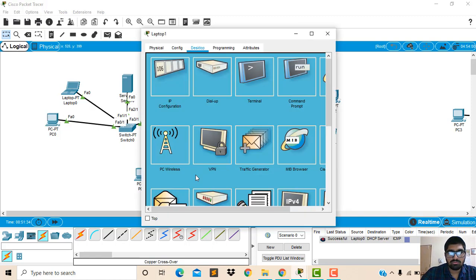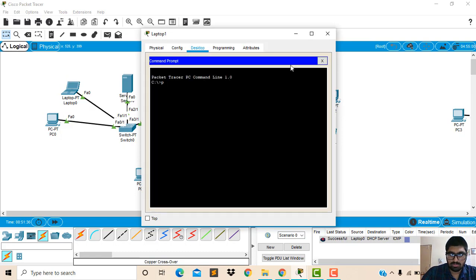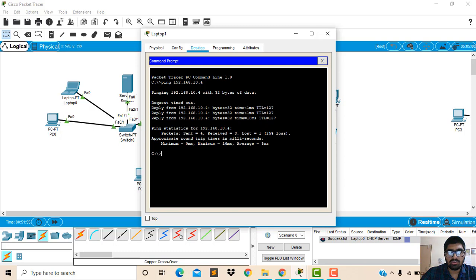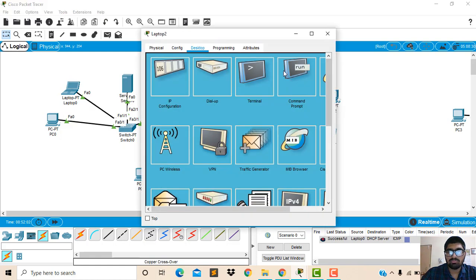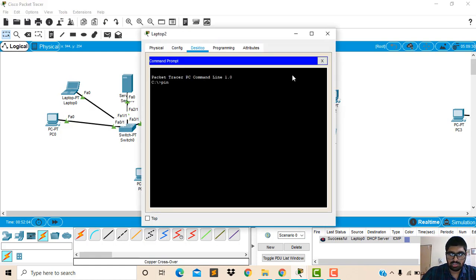We can also check from the second laptop, ping 192.168.10.4. When we see here, the reply is successful. Now we will check from the third laptop whether the information is being gathered and communicated or not.